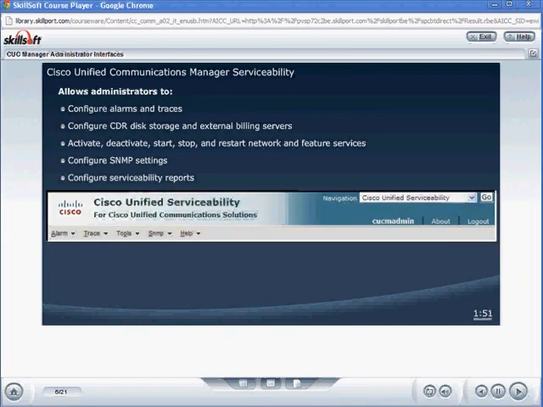Within the serviceability menu, we can get into our call detail records. And this is where we can view information about how calls are set up and really do some troubleshooting, as well as use these records for billing purposes. I always pick on like an attorney's firm. If you wanted to bill every time you made certain phone calls on behalf of a client, you could use your call detail records to look at the time spent for that particular client. We also can set up alarms and traces. This is great to give us